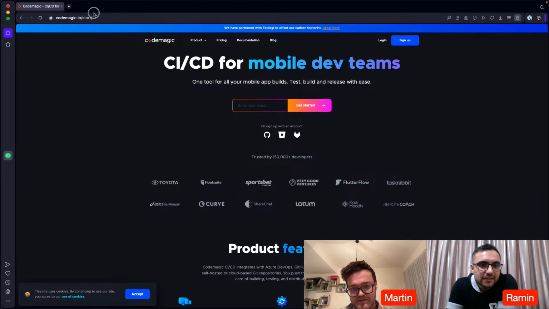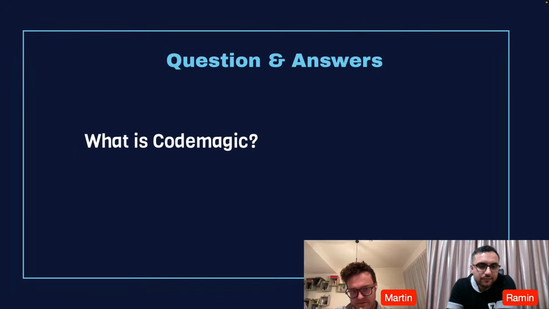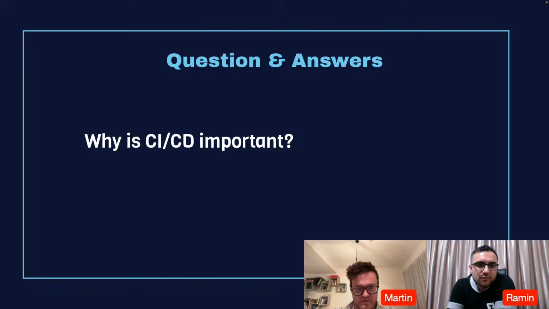Okay, so now let's get back to the slides. There is another question: why is CI/CD really important? Can you tell us something about this? Yeah, a lot of the time when people think about Codemagic or any CI tool for that matter, they only consider the automation part, which is very important. But often the value of CI is lost